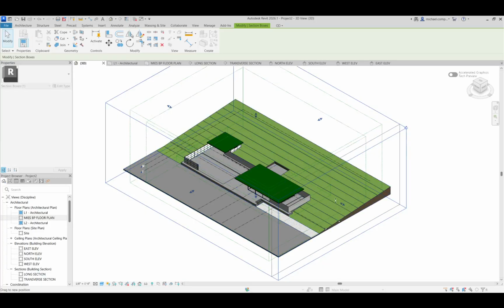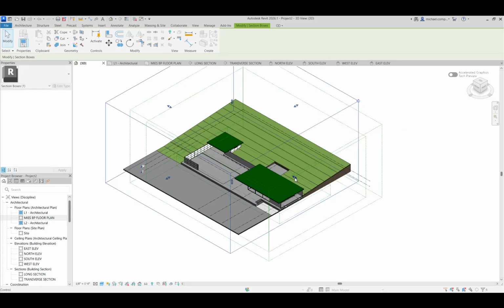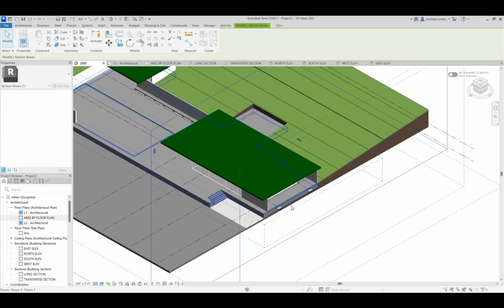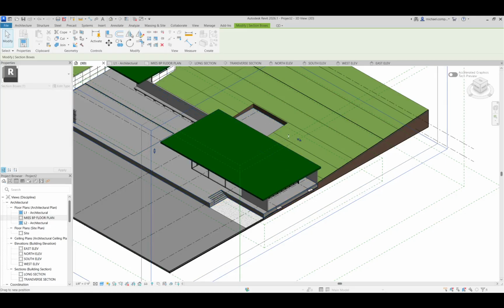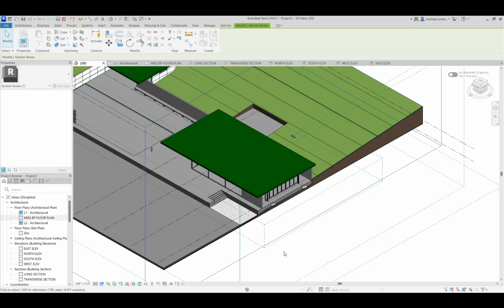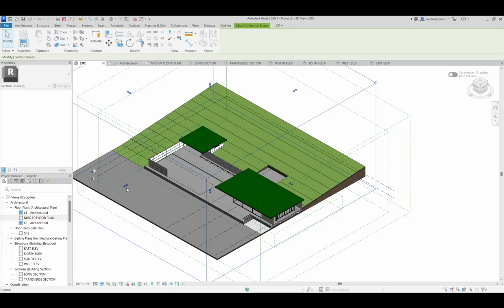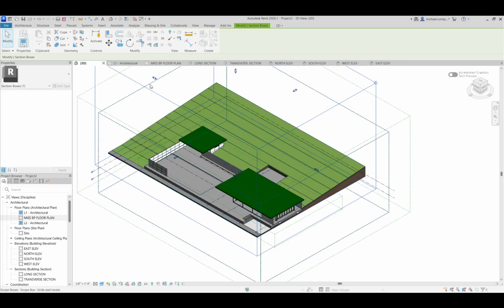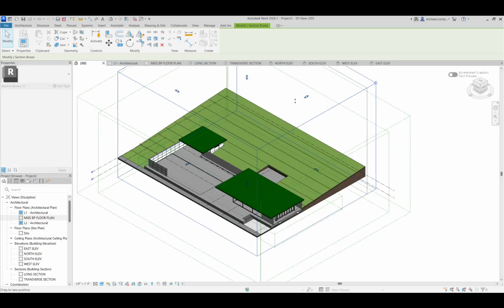I'm going to pull this one in to right about here, and now I'm cutting through the building, cutting through the topo solid, cutting through the walls, the roof, everything, right? So I'm gonna do that, and then I'm gonna pull this one in just a little bit, maybe about here, pull the back in a little bit just to clean up this model so it's not so big when we place it on a sheet,